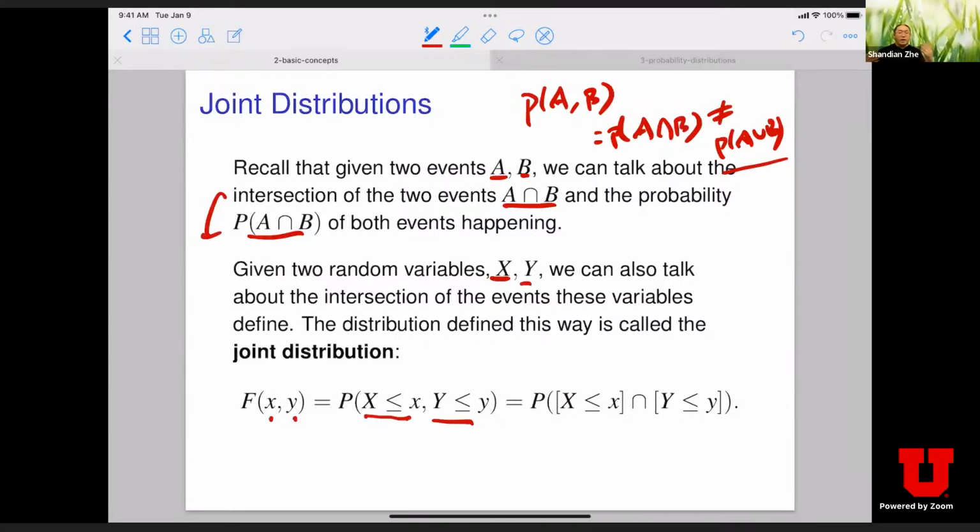the intersection of two events. One event is determined by X, big X less than or equal to small x, and the second event is determined by big Y less than or equal to small y. Remember, this corresponds to one particular event, and this corresponds to another particular event. They actually associate two probability spaces. Because this joint probability is determined by both x and y, we view this joint cumulative distribution as a function of small x and small y.